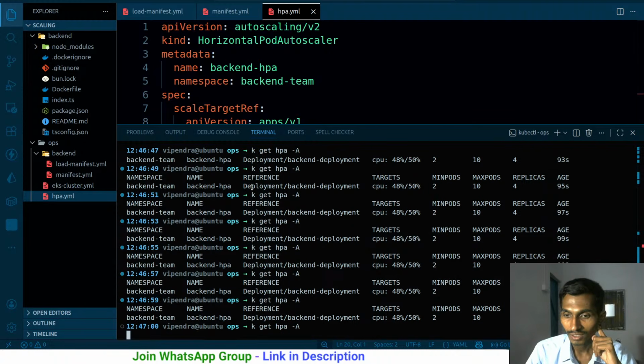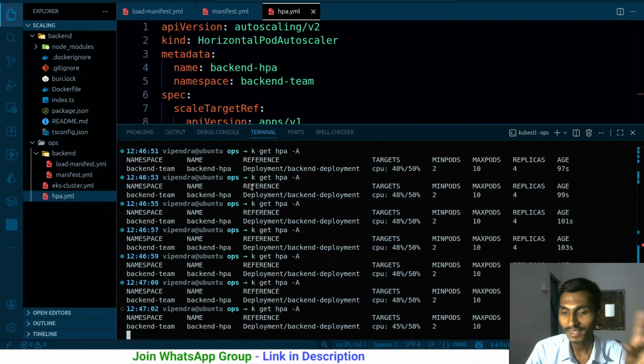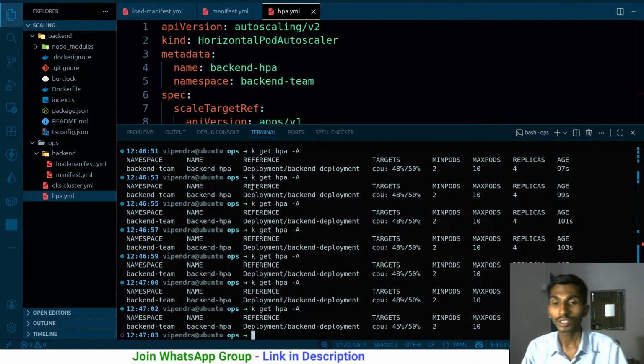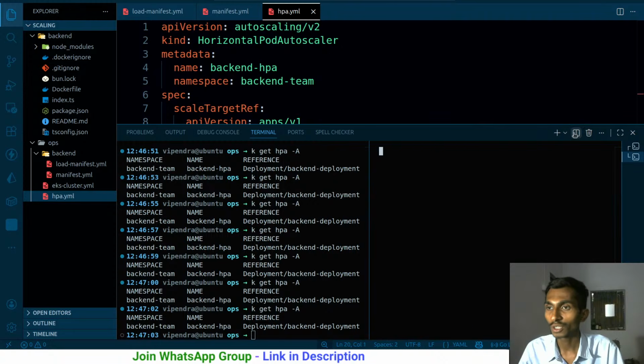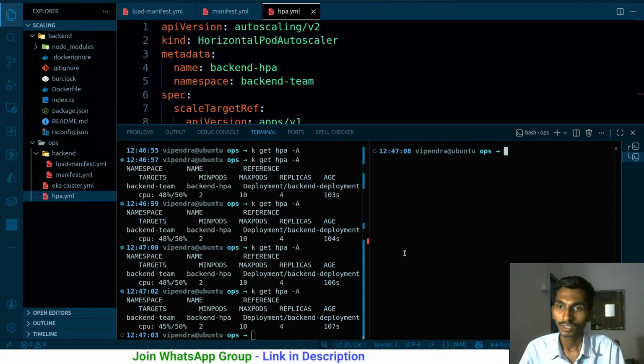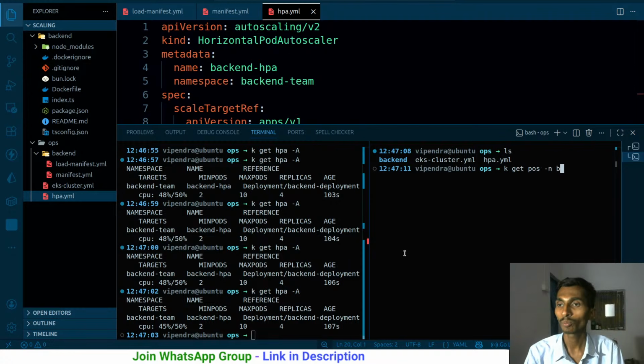I don't think this is ever gonna happen now. I can increase the load. That's 45. Yeah, the load will not increase automatically. I will have to increase the load from my side itself. So let me do one thing. k get pods